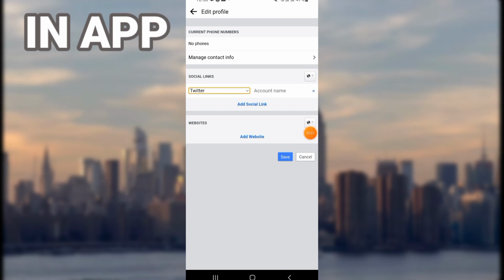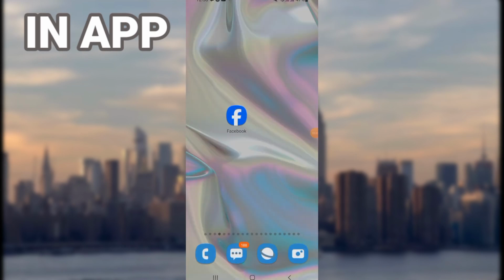How to add Twitter to your profile on your Facebook. Hello everyone, I will show you how to do this easy and quick. So let's do it. So first open your Facebook,